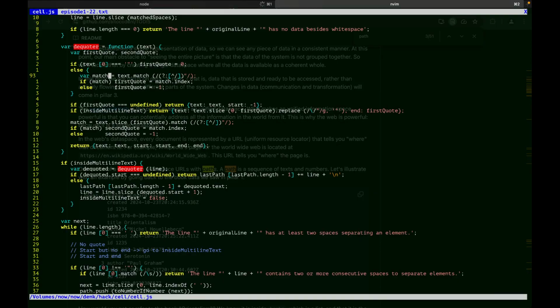And then I just get the match. Perfect. And then I return the text with the escaped quotes as normal quotes. And then the first quote there. With an end. I only return end, because if you're inside multi-line text, this is an end. Perfect. That makes perfect sense. And then here, we could take this beautiful regex